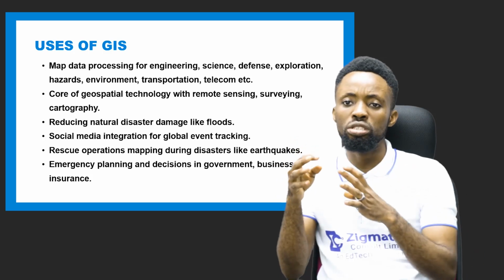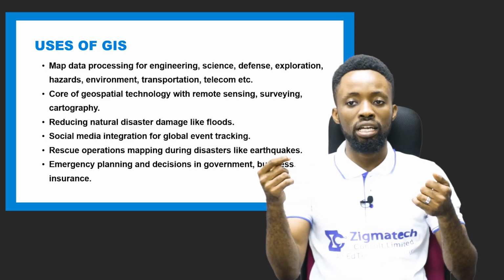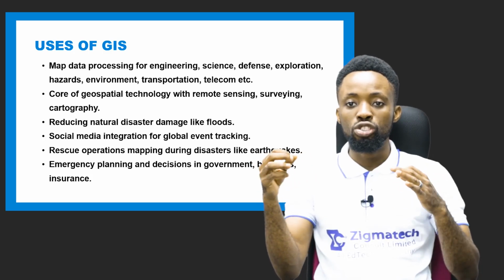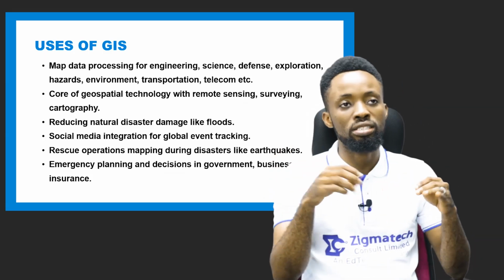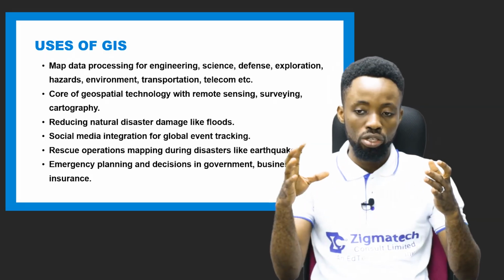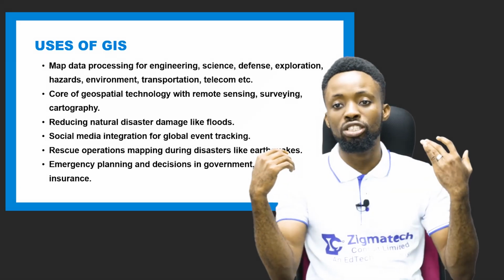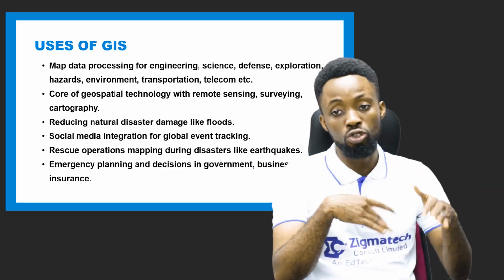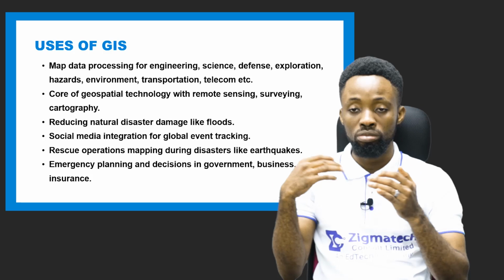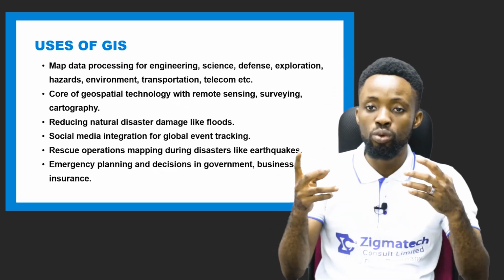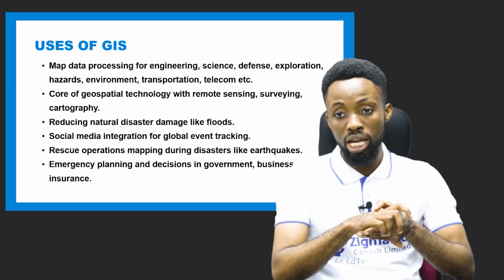And also we use GIS for rescue operations, whenever there's an earthquake, in order to rescue people found in such a particular place. Now, let me give an instance. Let's say we have an earthquake in a place somewhere around the Pacific Ring of Fire, and we have people in such a particular place. So, with the help of rescue operation mapping, we can easily pick out people from there, and take out the survivors. So that's where GIS can also come into play. And GIS helps in emergency planning.